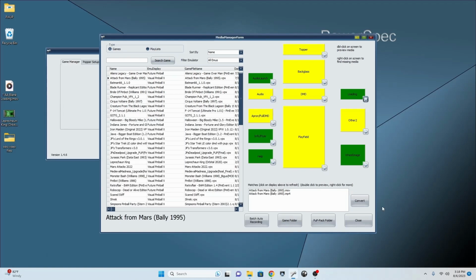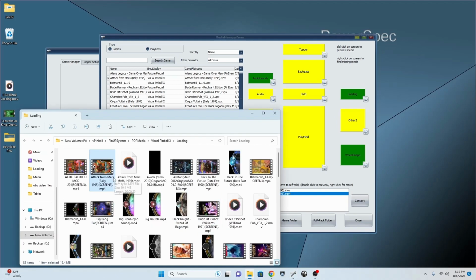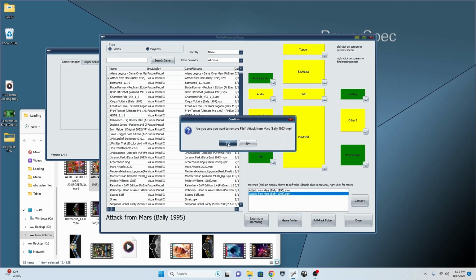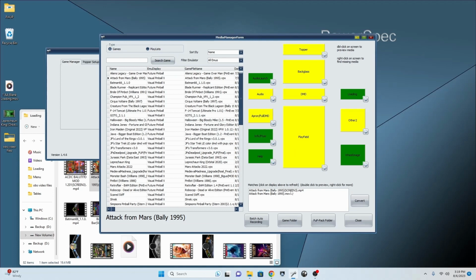Now, before I do any of the recordings for the playfield, the full DMD, and the backglass, I want to make sure that this took what it needed to take, and if you look, it didn't. So now I got to figure out which one it was. So it's the MP4, and all I got to do is right click and hit remove file, yes, and it reloads the file again as screen 3. So now if I close this,